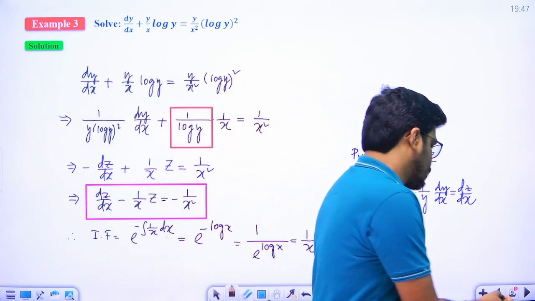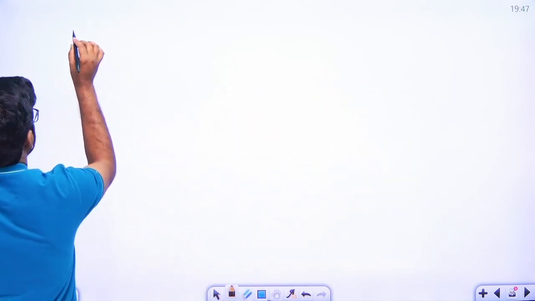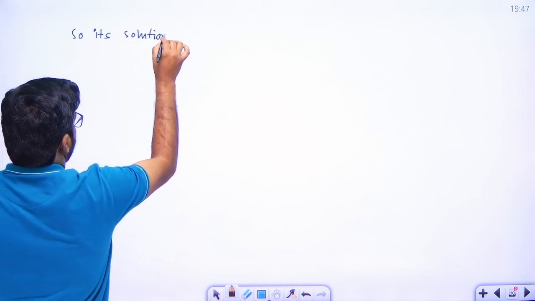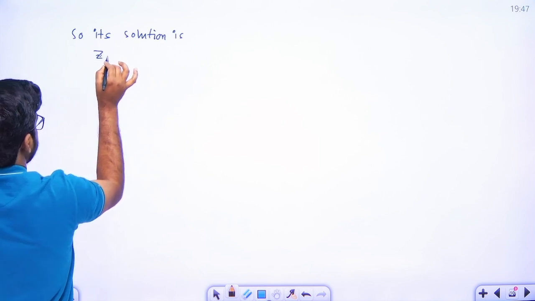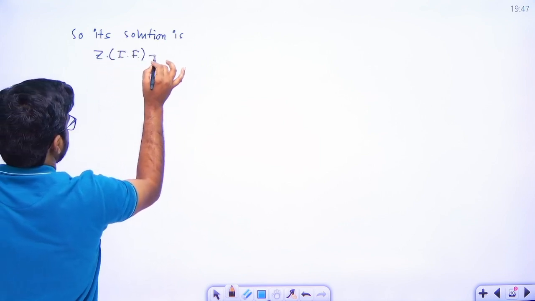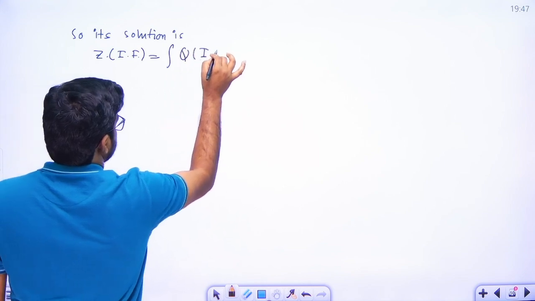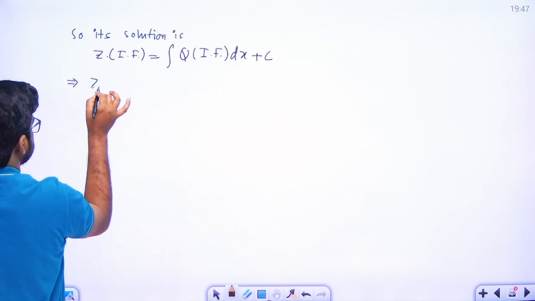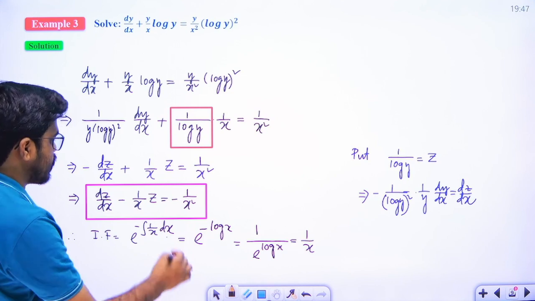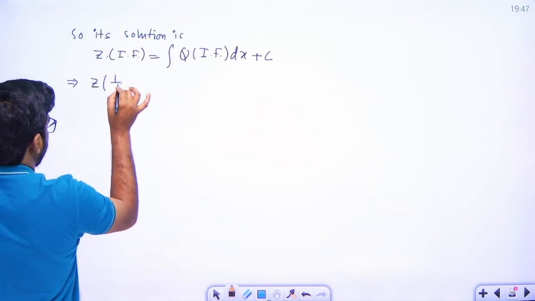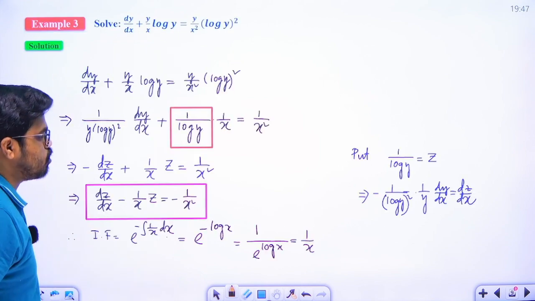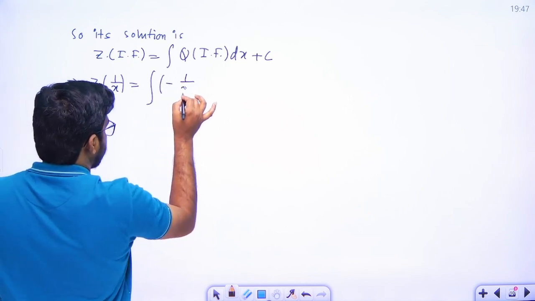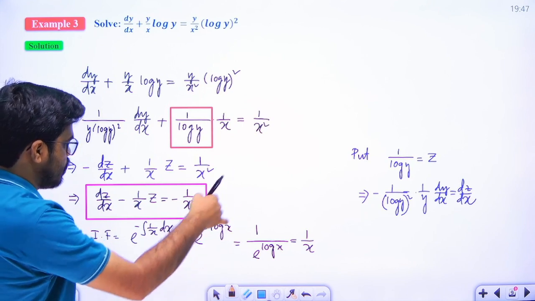So its solution is z into integrating factor equals q into integrating factor dx plus c. So this implies z into integrating factor. What is the integrating factor? That is 1 by x. So z into 1 by x equals integration of q, the right hand side, that is minus 1 by x square, minus 1 by x square into the integrating factor, that is 1 by x